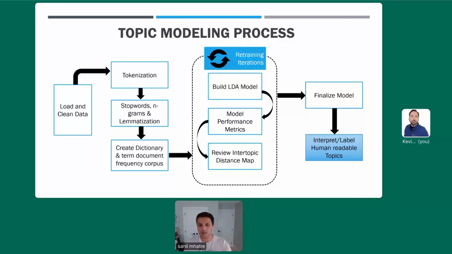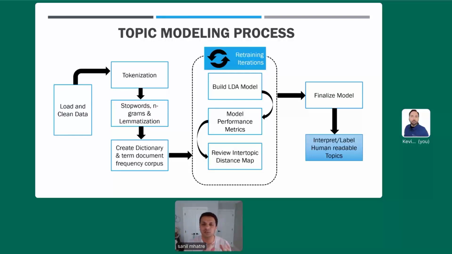Don't worry about trying to understand in too much detail what each and every one of these steps means at this point. In the subsequent slides, we will cover those steps in detail, but I do want to give everyone a roadmap of what to expect so that when we look at the code, you might be able to put some context around where in the whole process this piece of code lies.